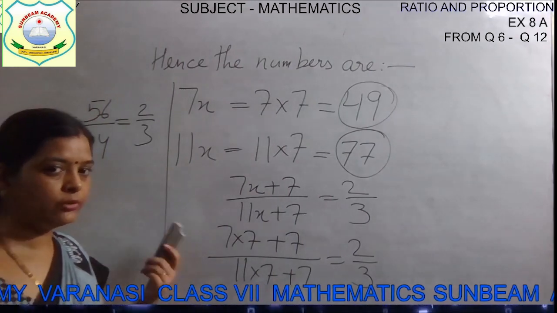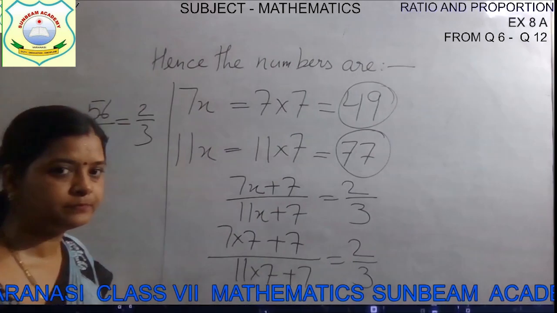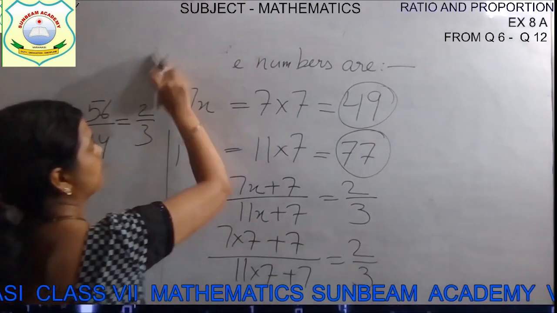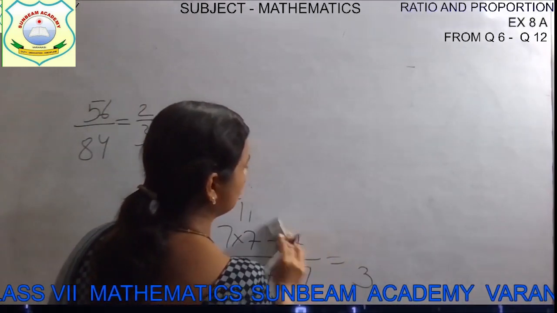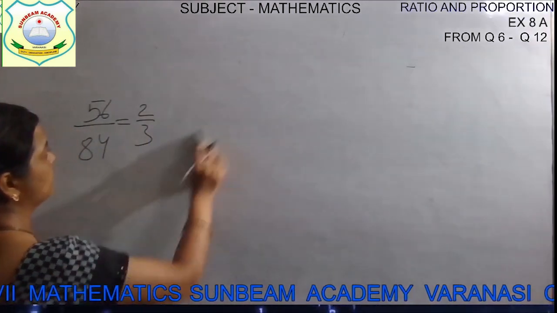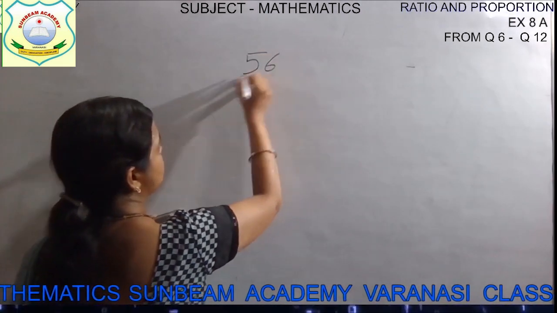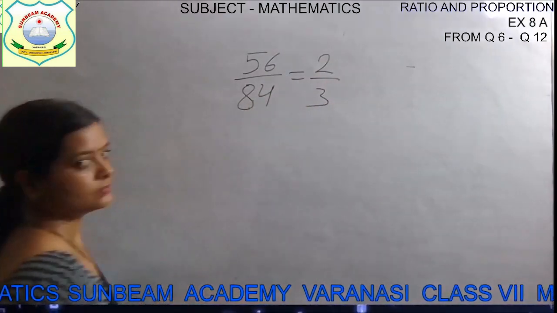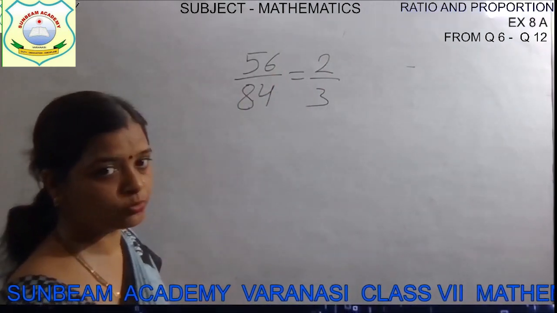Okay, so can you find the HCF of this 56 and 84? Come on, let me find it. May I erase it? Okay, I'm going to erase it. We are doing the check part. Although it is not needed, you have to find the values of those two numbers only. But let me find it. This 56 by 84 is equal to 2 by 3. We have to see whether in the LHS it is coming as 2 by 3 or not.